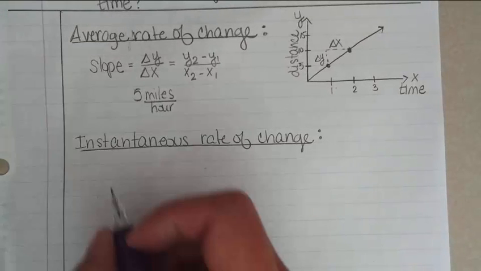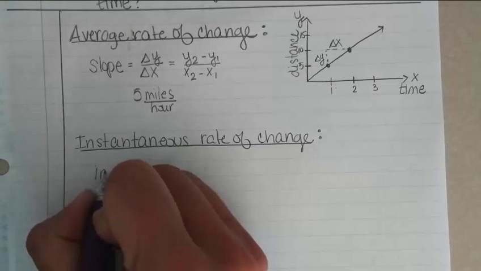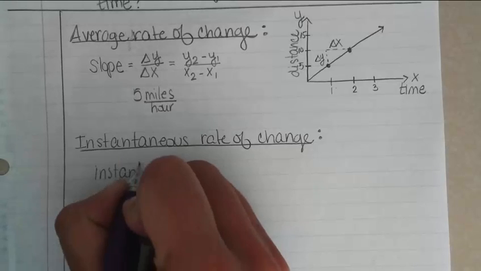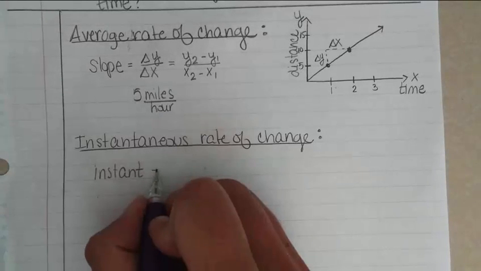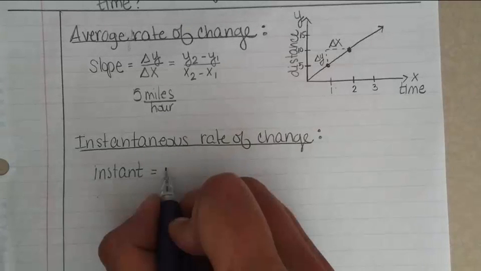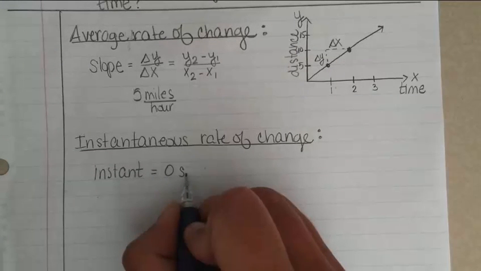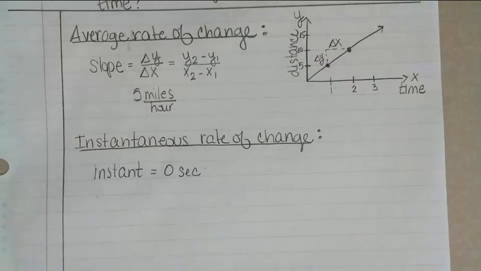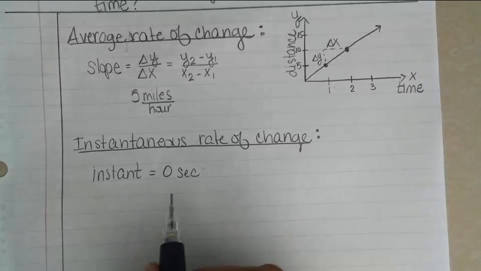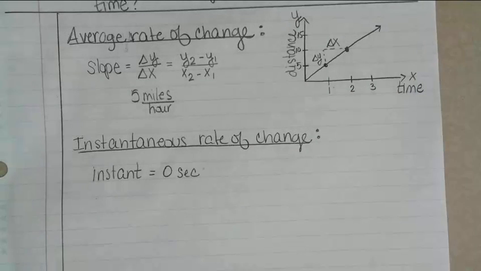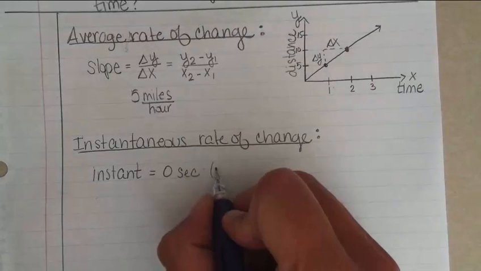Okay, so an instant is basically at time being 0, right? So there's no change happening in time. So basically like 0 seconds or 0 hours. It's happening in an instant, okay? So if it's happening right at that instant where there is no change in time, so here, no change in time,